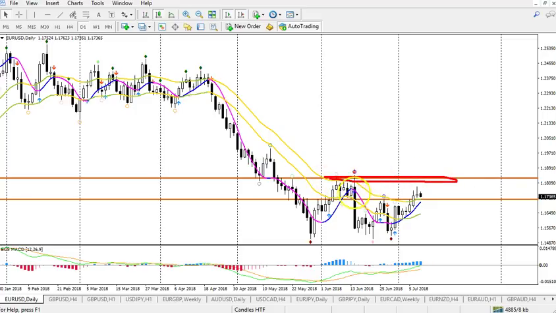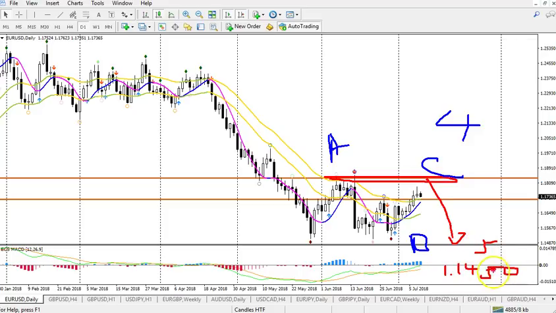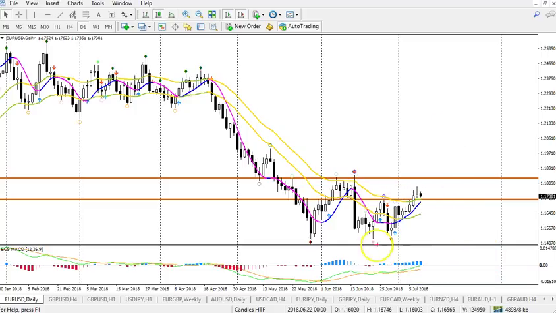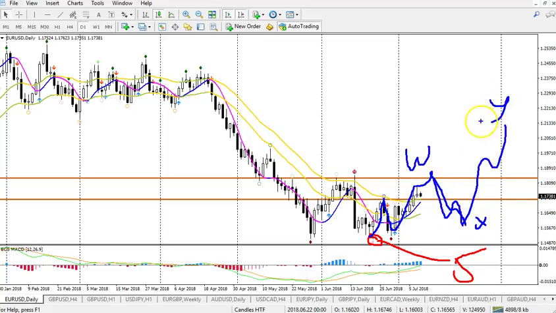There are two scenarios. I already said it a couple of times, but just in case. It could be A, B, C within a bigger wave 4, and down it goes for a wave 5 to 114.50. Or price already completed wave 5 here. This is the first part of a correction, right? Then we go down for a second part, probably in 3 waves. And then we go up for the third part of a bigger kind of wave A, and wave B.